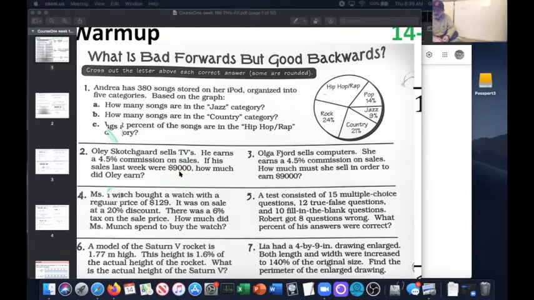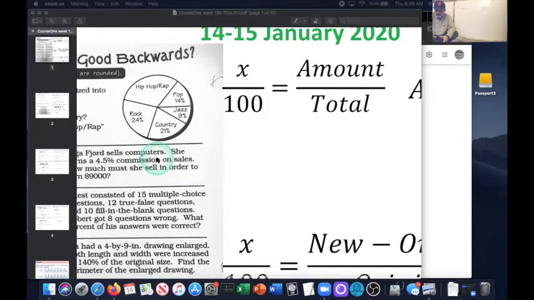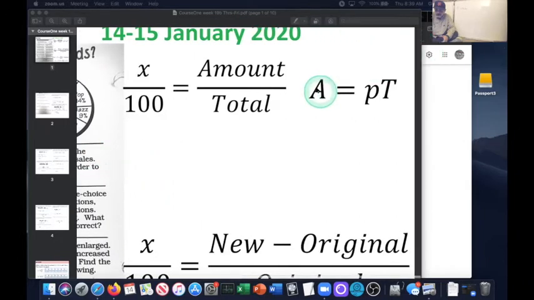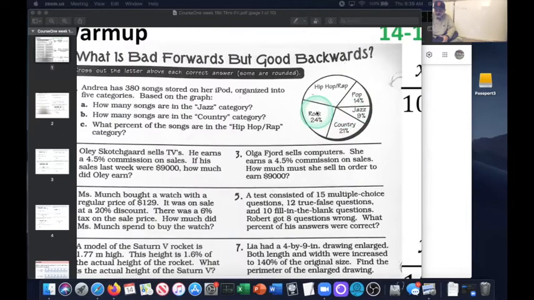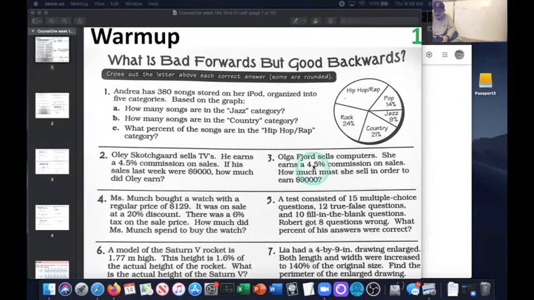It's part of what they make for their work. So this would be using this again. We're looking for the amount. We have the total sales, and they give you the percent. Whereas over here,